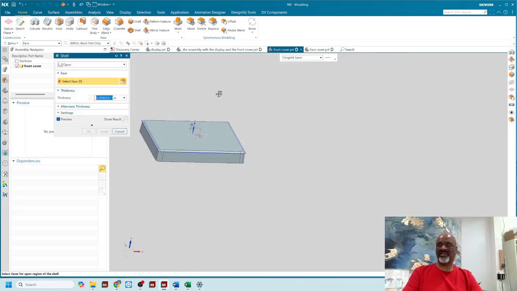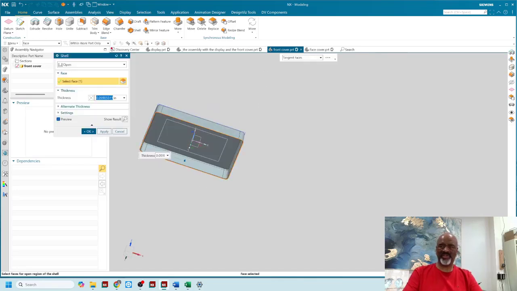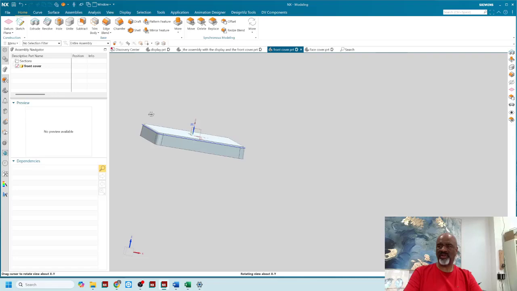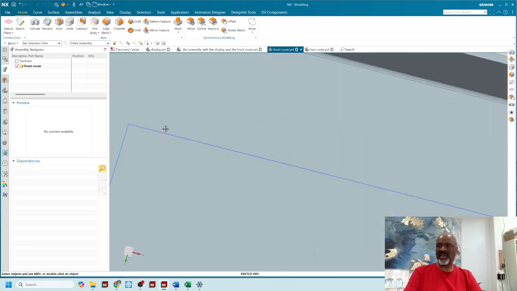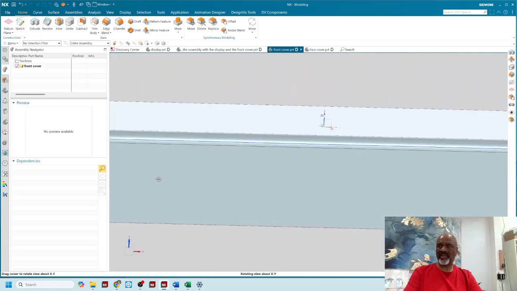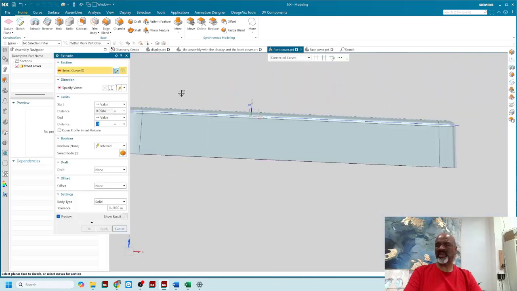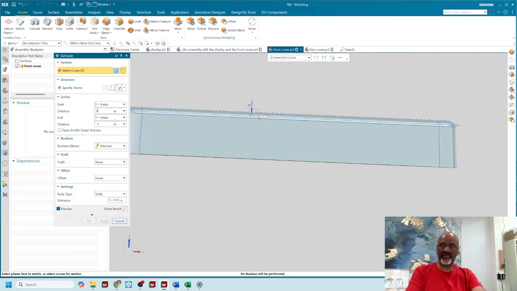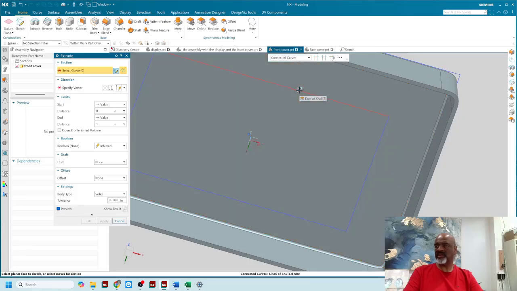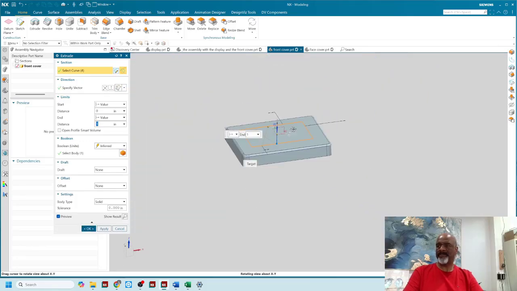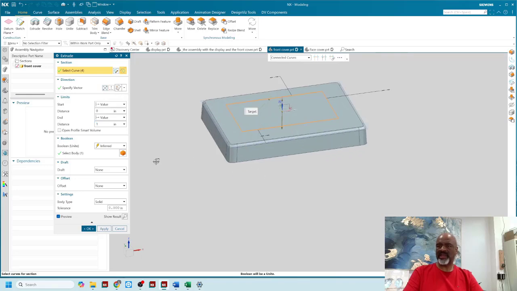Next, I want to shell it out. And to shell it out, I'm going to shell with wall thickness. So I put in W, and it shows me that, and I see wall thickness. Great. And then I could make the hole for the opening for the display. I'm going to say 0 on this, 0, and 1 inch, and I'm going to select the curve like this, and I'm going to change the direction, and I'm going to say subtract, of course, but